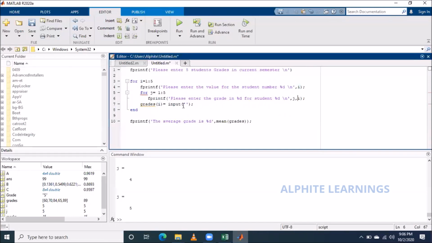J comma I. So it's going to get the value. At last, I just want to do an end here for this loop. For this for, I'm going to write an end here.